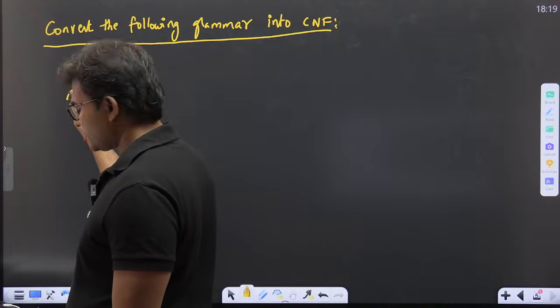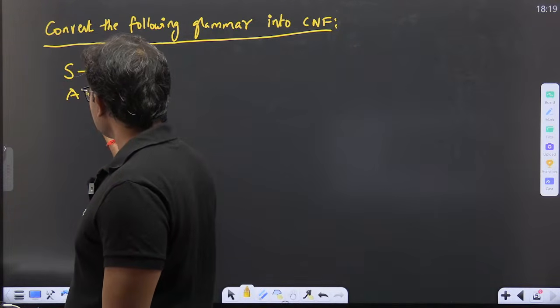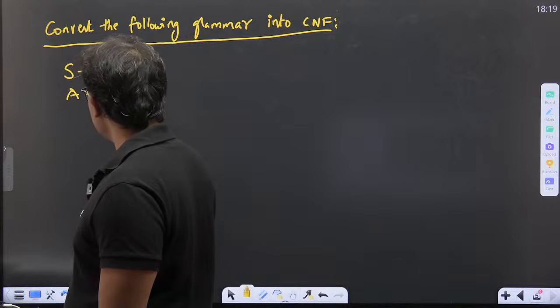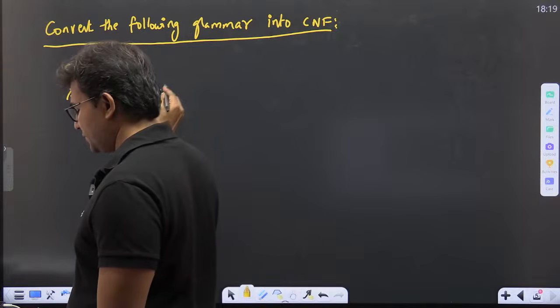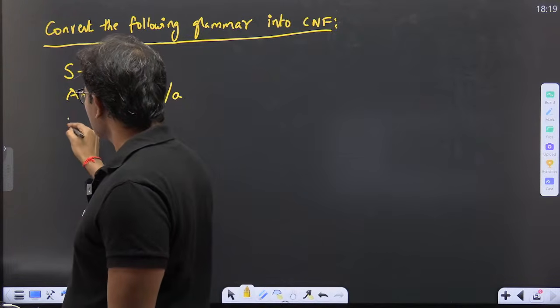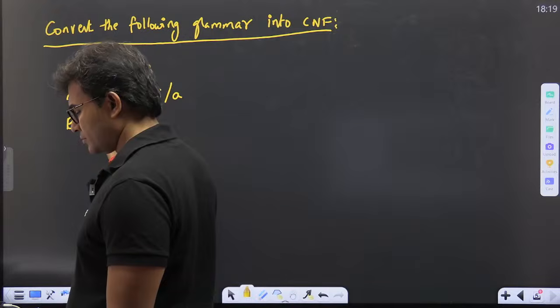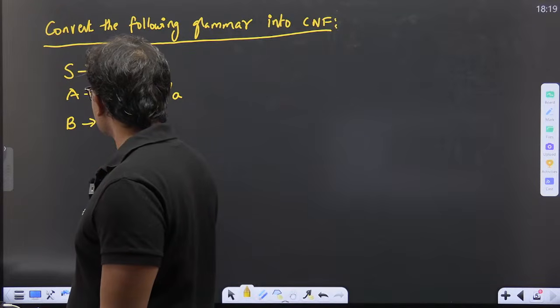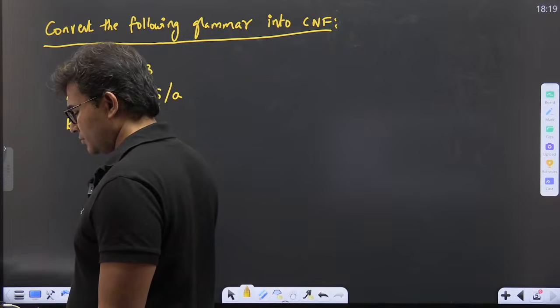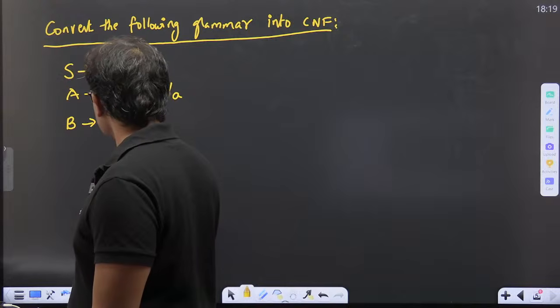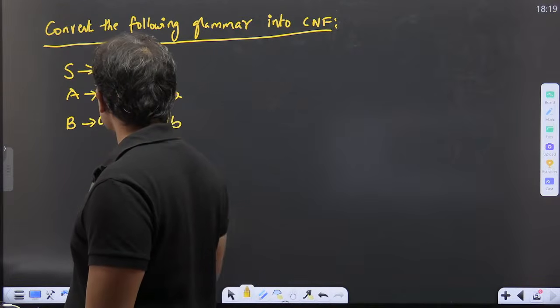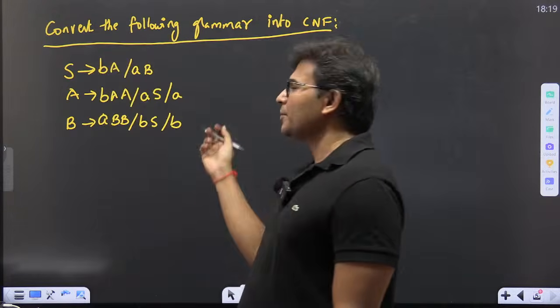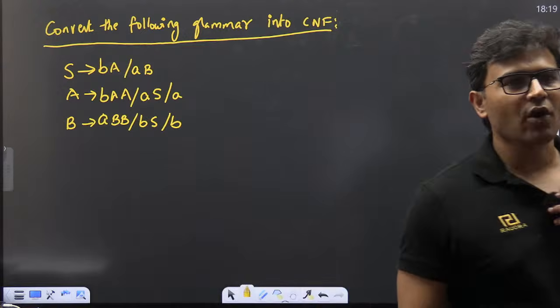A derives BAA or AS or A. B derives ABB or BS or B. Can someone tell me what this grammar is? If you are able to tell me what this grammar is,